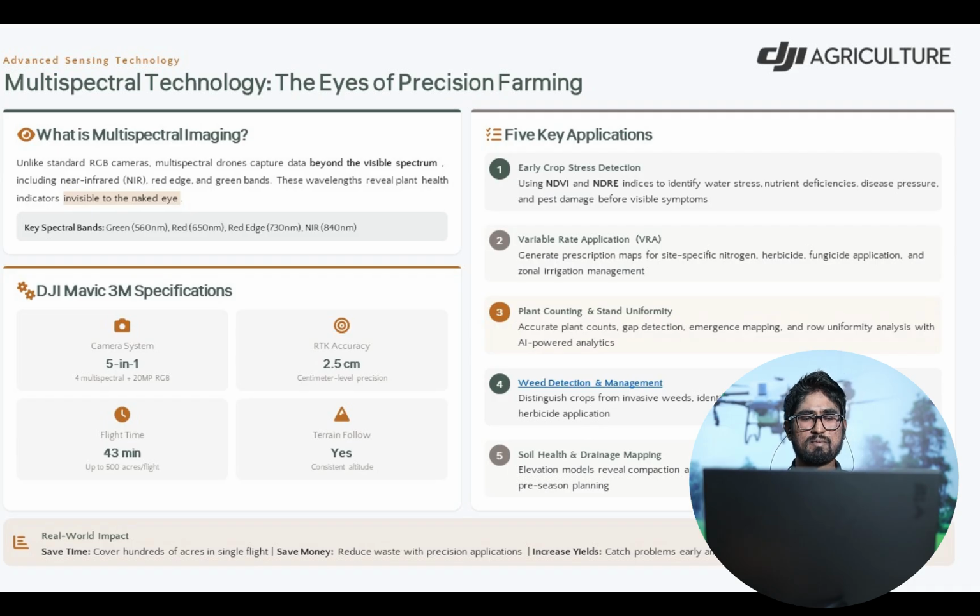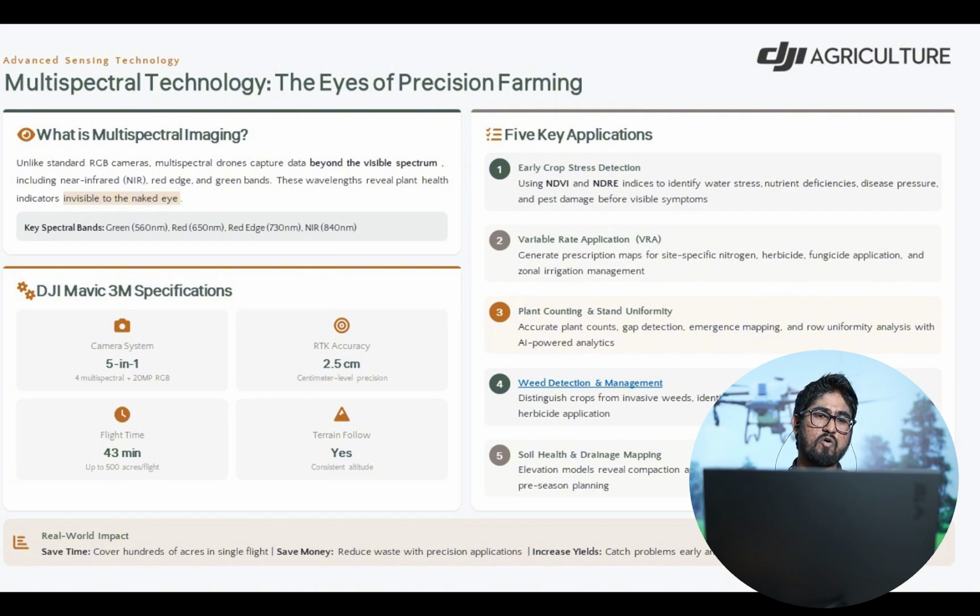We have the DJI Mavic 3M, the latest multispectral drone on the DJI platform, and earlier we had the DJI Phantom 4 Multispectral. The Mavic 3M has a 5-in-1 camera system consisting of four multispectral cameras and a 20-megapixel RGB camera.